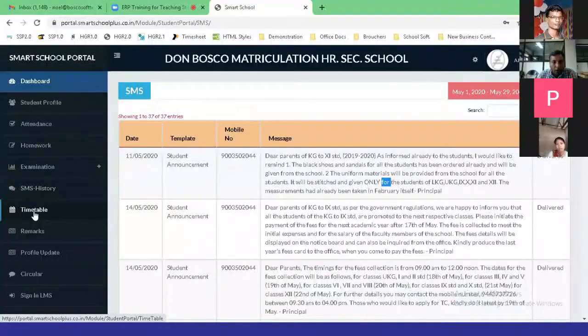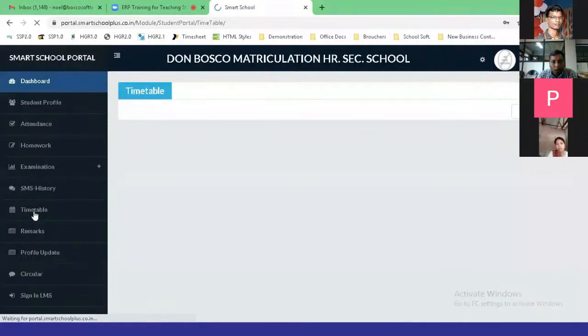And the timetable, about the class timetable. Now in this pandemic time, no schools are updating the timetable. Based on the sessions, they change accordingly. But in the normal period, when the timetable is given, we enter the timetable so that the parents will be aware what class is taken at what time, so that they will be able to prepare accordingly.